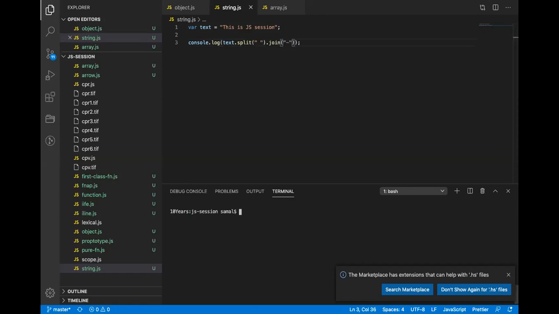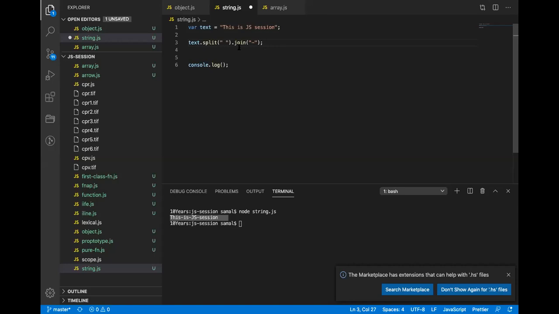Now this will give me the text, a kind of transformed text. By using just this line, I'm able to achieve this. Split will give me an array, and then on the array I can use the join method. This is the kind of cascading called function chaining or method chaining. And this is the beauty of JavaScript, that you can do method chaining while operating on the text and values.